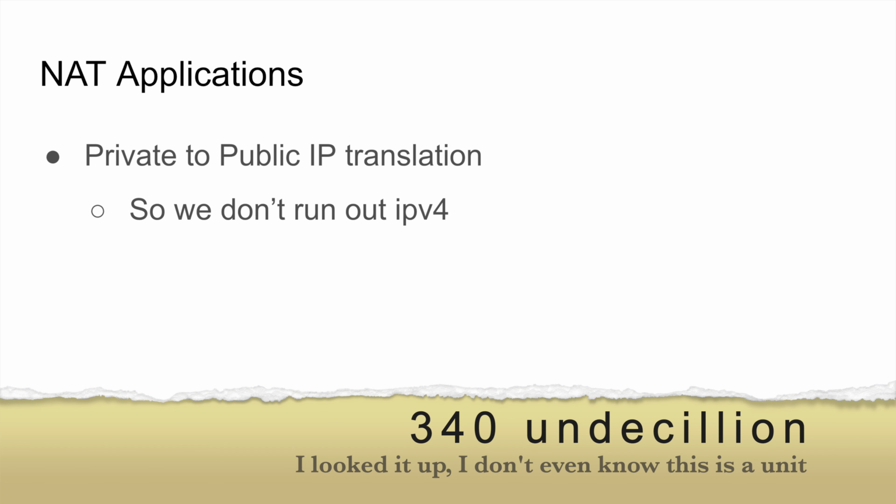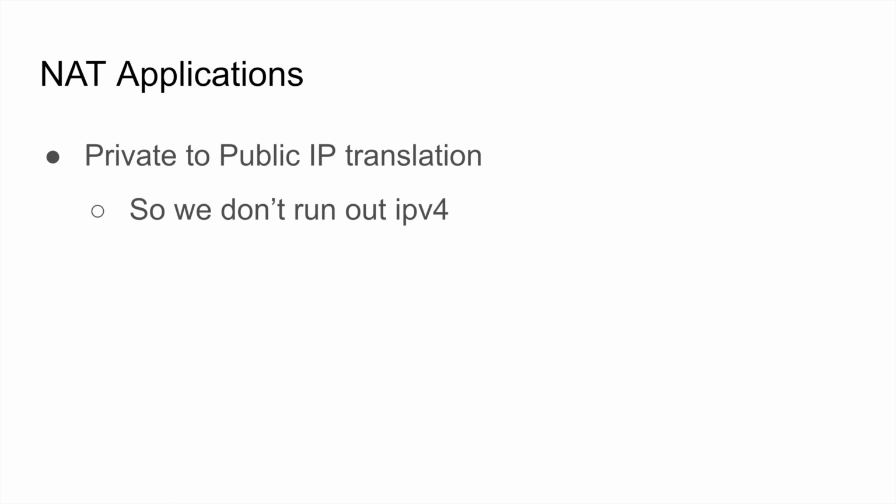I don't even know the number, but there are a lot of IP addresses. You can address the entire Earth and the alien society with IPv6 if you want. So if the aliens came and invaded us, they would have enough IP addresses if we start using public IPv6. We don't need to use NAT,